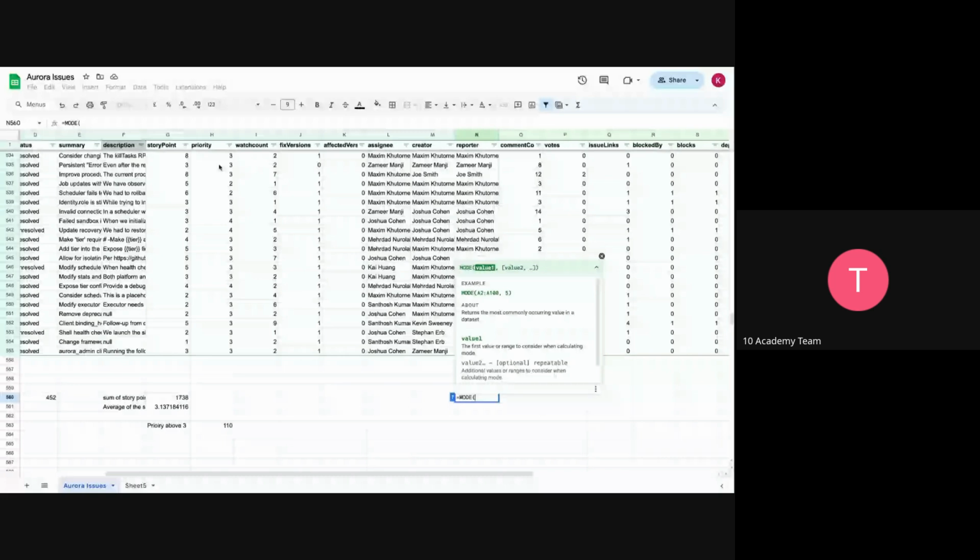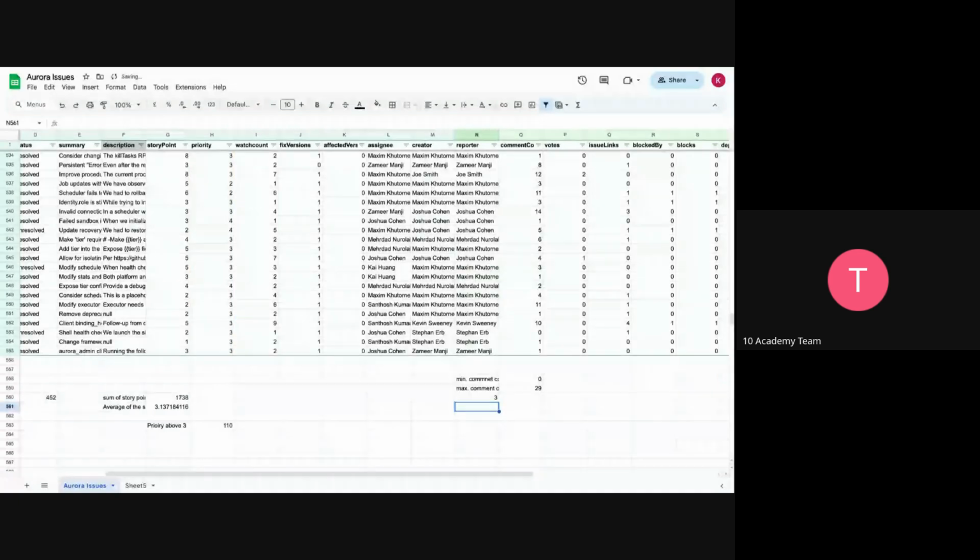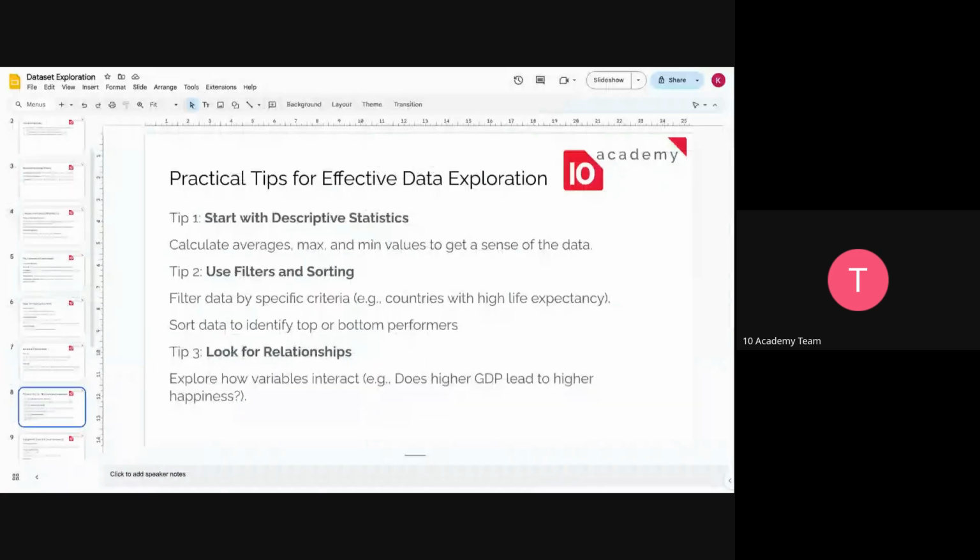For the priority, we have H2 up to H555. And you can see the most mentioned priority level is 3, and so on. Yeah, good. So make sure to start with those in order to see the type of data you're working with,